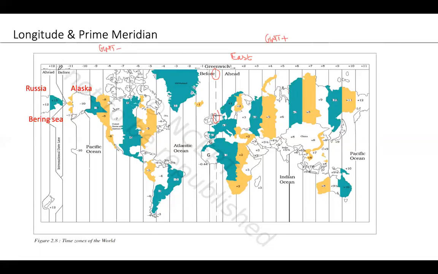Here when both the lines meet, it usually falls in the Pacific Ocean. We can say Russia and Alaska are differentiated by a line, the international date line, and you can see the Bering Sea. This is in between Russia and Alaska, and it completely lies in the Pacific Ocean. So on this line, no people are living over this land. Okay, the next point we need to remember here is how this time is calculated.